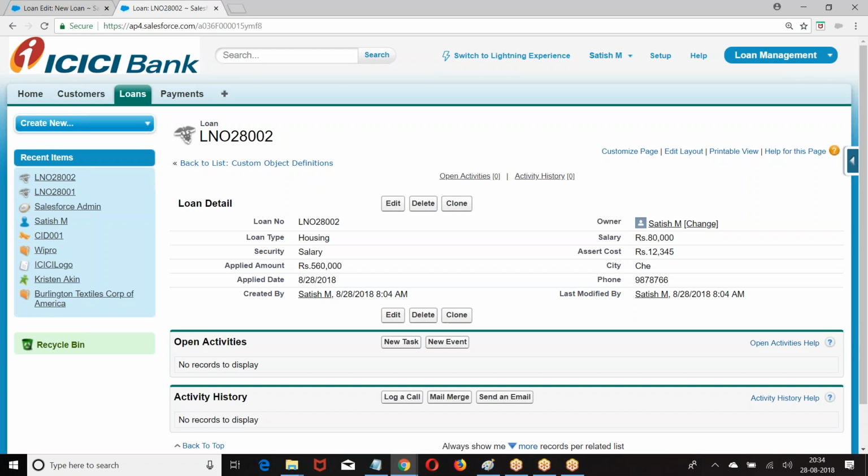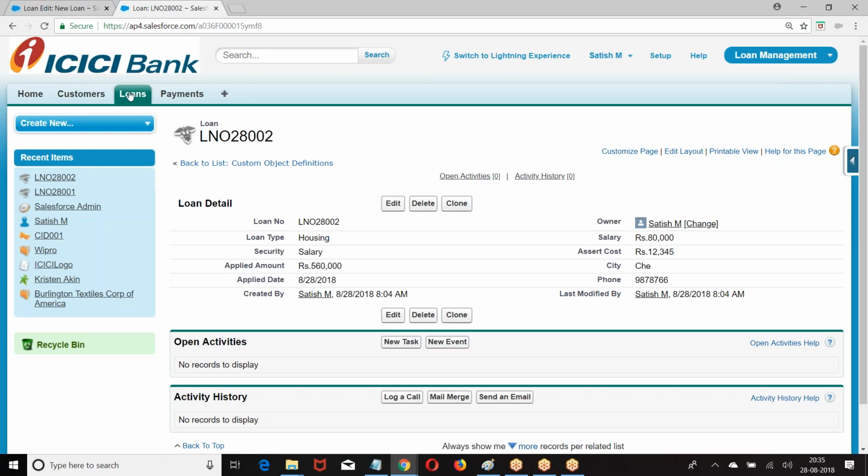Right now at this level, we are creating one by one record manually. But if you have a bulk amount of records, say 10,000 records need to be created, and I have an Excel sheet which contains 10,000 records, all those records should be inserted. There I am going to use a concept called Data Loader or Import Wizard. Right? The first concept. Now the second concept.